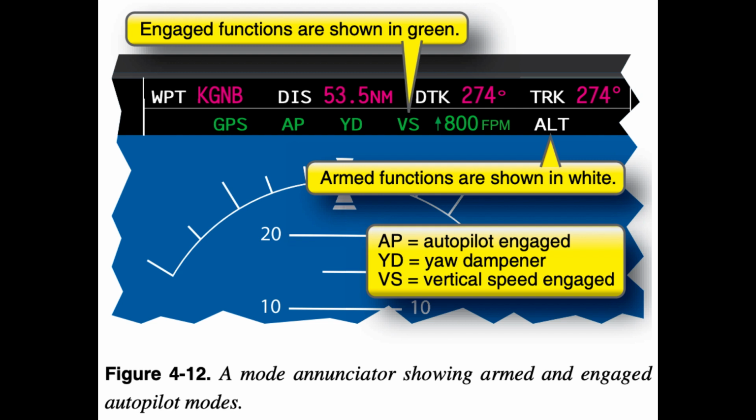Common error: failure to arm the altitude mode. The most common error made by pilots during climbs and descents is failure to arm the altitude mode to capture the assigned altitude. In many instances, this happens when the crew does not correctly adjust the altitude selector or alerter. Sometimes, this malfunction occurs when the altitude is adjusted at the same time the system is attempting to go into